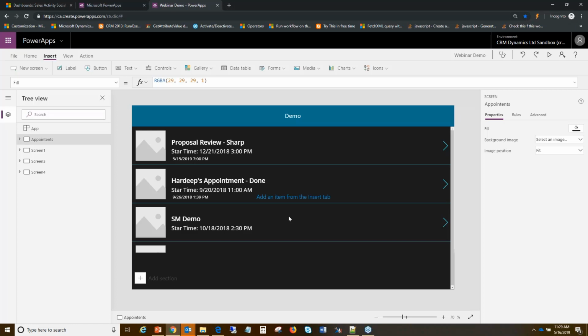These kinds of apps would usually take developers a lot of months to build, and it's difficult to make them compatible with different platforms. Whereas you can just download the PowerApps app from your app store and use your Office 365 credentials to sign in to PowerApps. You would need the basic 365 essential license